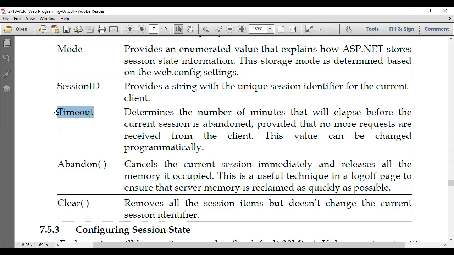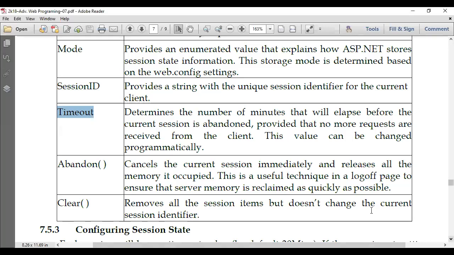Many of you might experience it with applications that are very secure, like mail ID. If you are not storing the values in cookies, then after a few minutes it automatically logs out. There are many sites that log out after some idle time. There is a good website called irctc.co.in, the railway reservation website. If you are idle for 2-3 minutes, you can set how much idle time, and you can call it timeout. Now these are the properties.